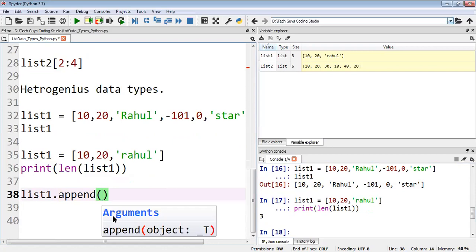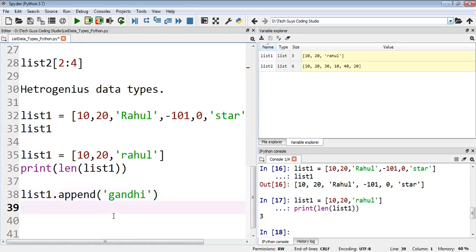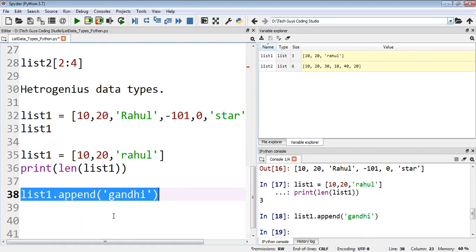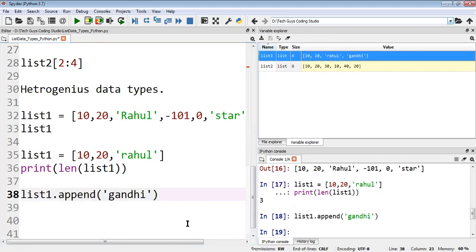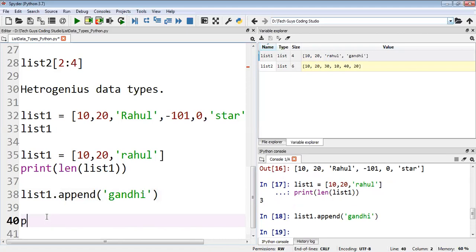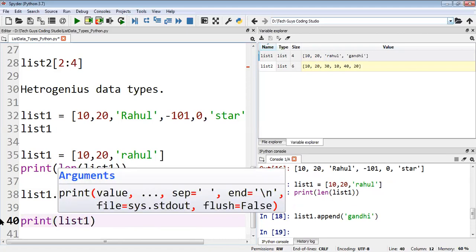Append means what I want to add. If you want to add a string, you take it in quotes, like this. Here you can see I added one element. If you want to display it, you can write type of list1.